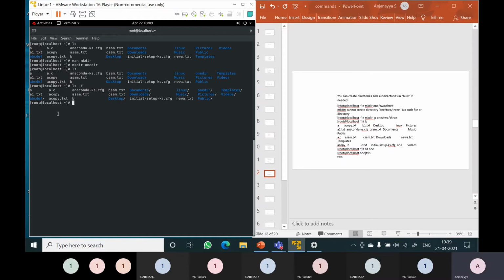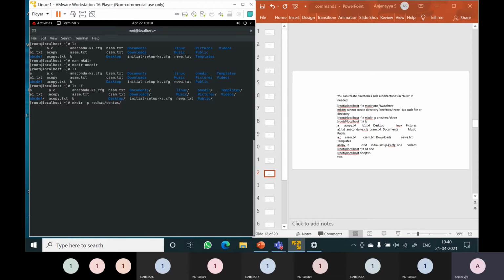So mkdir is used to create the directory. Now to create more than one directory, we use the -p option. For example, mkdir -p. Here I want to create some directories. So Red Hat, inside the Red Hat directory I want to create one more directory, CentOS.